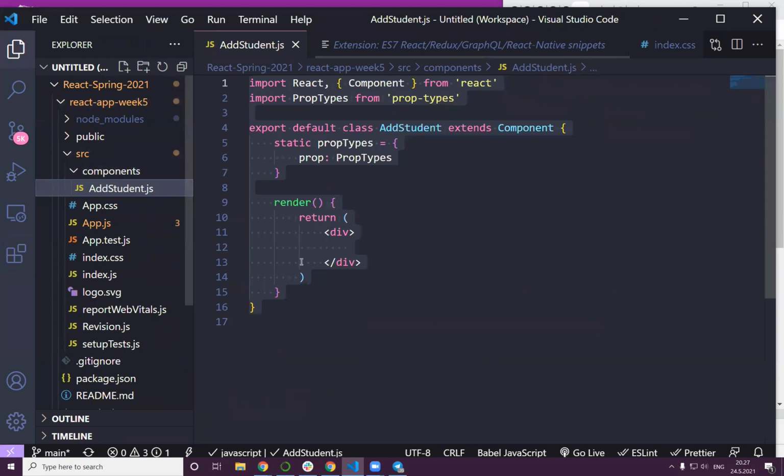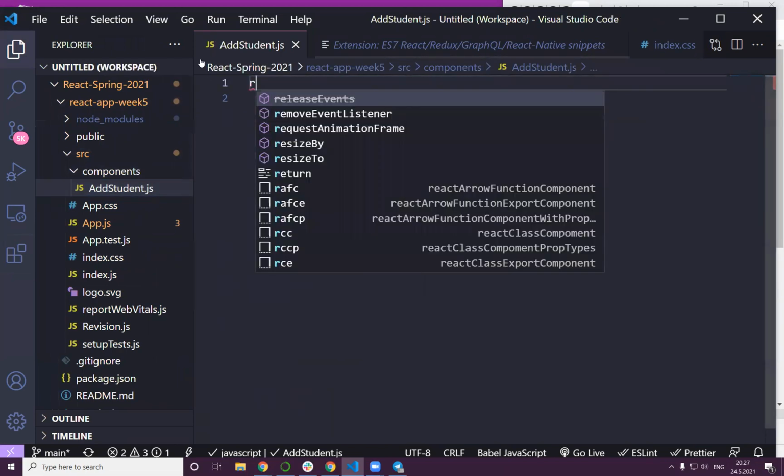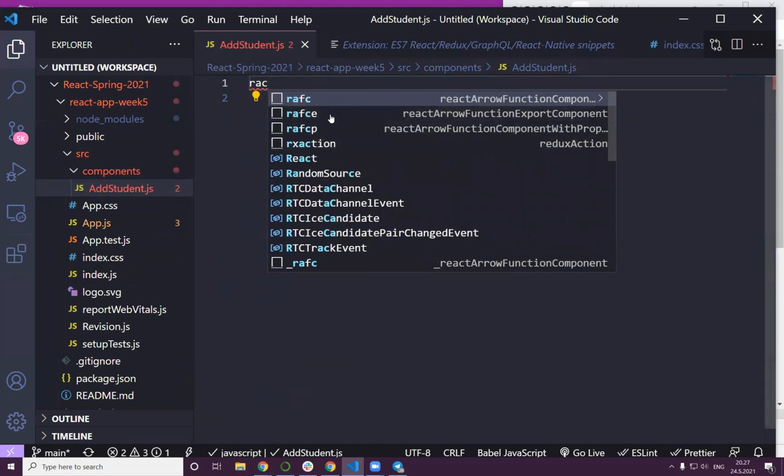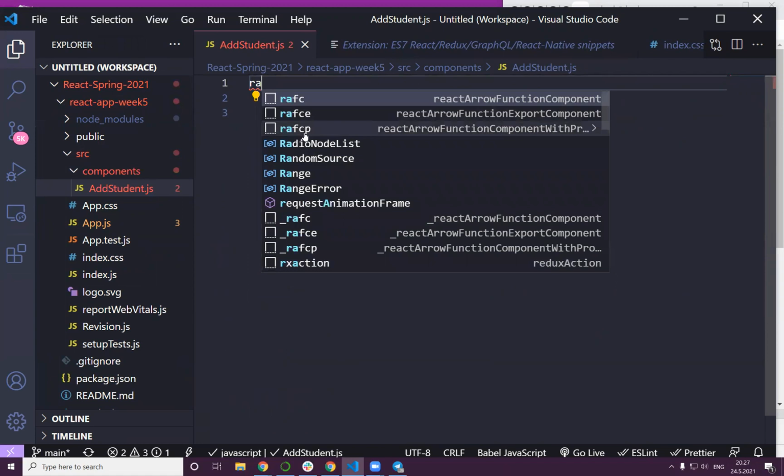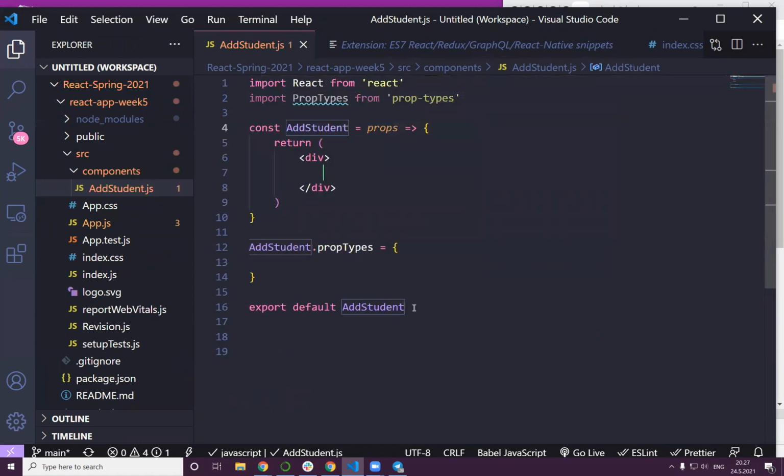For instance, let me show you, RSC. This one just gave me a functional component. This is a different kind. I will come to the props and prop types, but anyway,